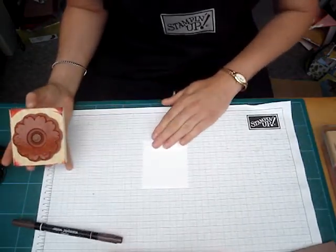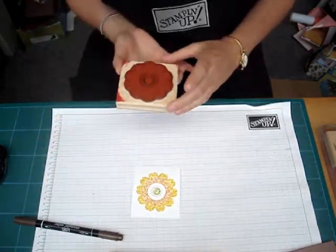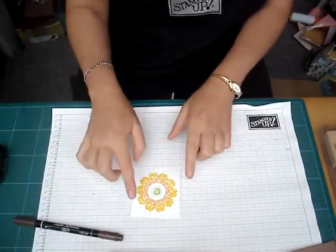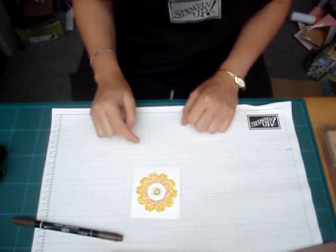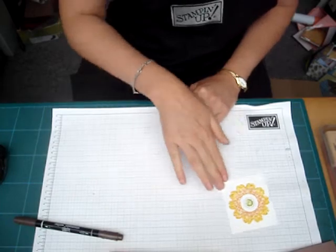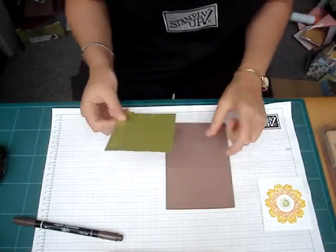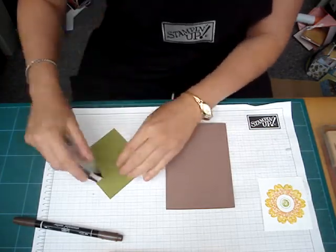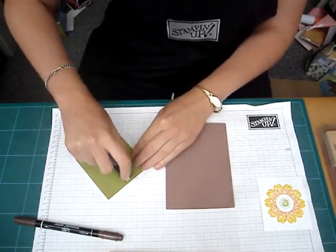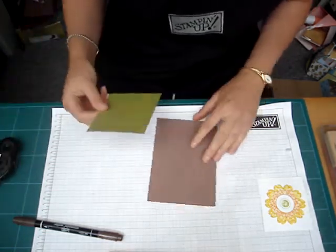Bring your piece of Whisper White cardstock in and stamp your flower. And what you're seeing there is the colours have blended together, and you've also got the texture of the water droplets. Now we're just going to let that have a bit of a drying session, and while we're doing that, I'll move that card so it's the right way around. Attach our piece of Old Olive, which I'm going to use as a mat, and I'm using the Old Olive because that's one of the colours we used in the markers,